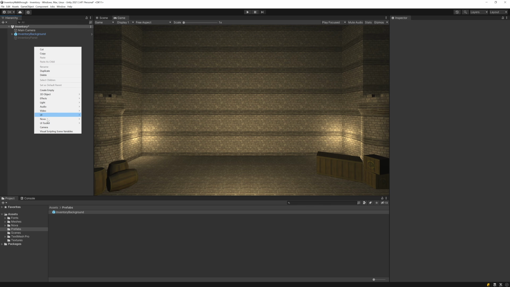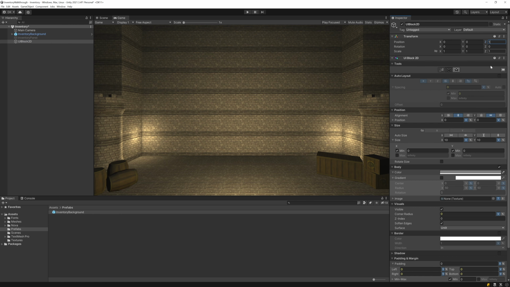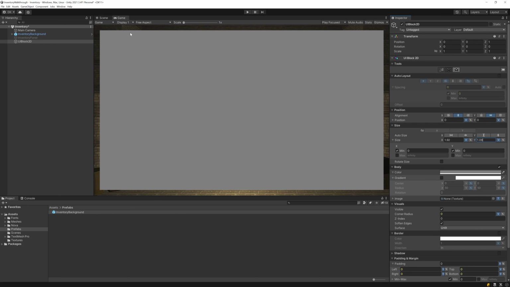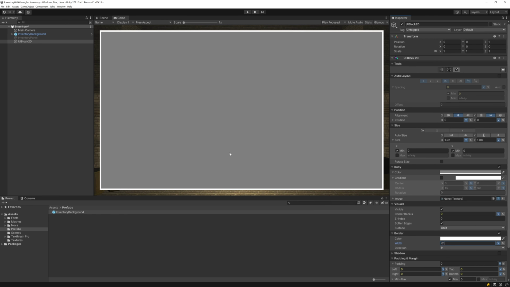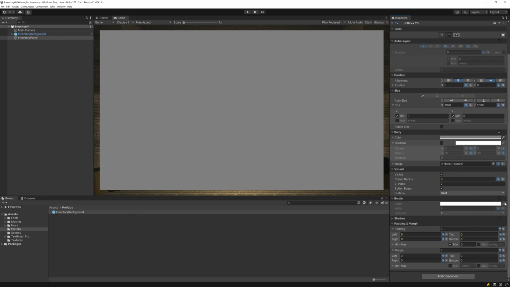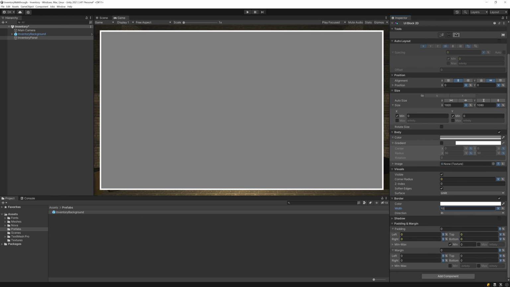So for example, if I add another UI block, which I set the size to be 1.92 by 1.08, it's the exact same world space size as the inventory panel. If I want to add a small border here, I have to use a value of, say, 0.01, whereas with the inventory panel, we can use a value of 10 to get the same border. So it just lets us use larger units as we go and build out our content. Again, totally user preference. You don't have to do it, but this is how I'm going to build out this